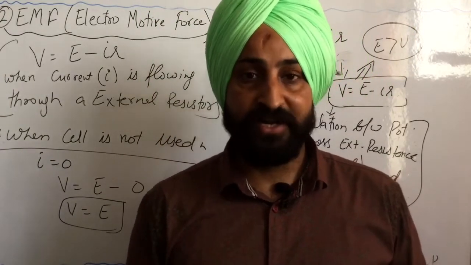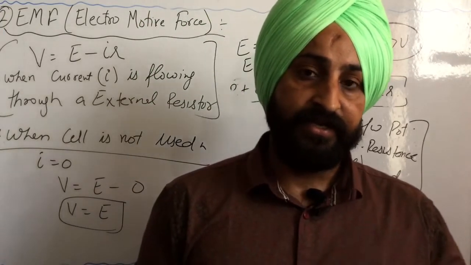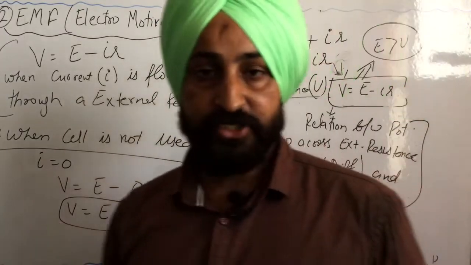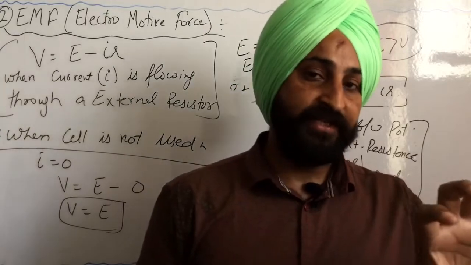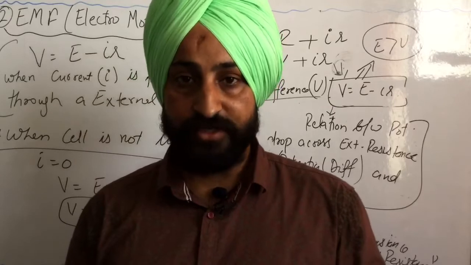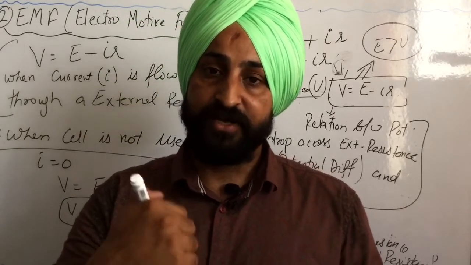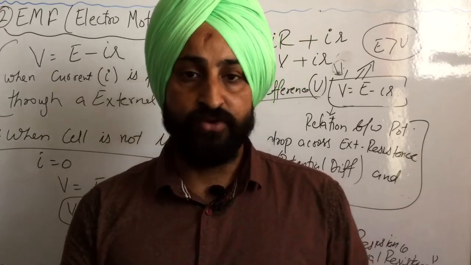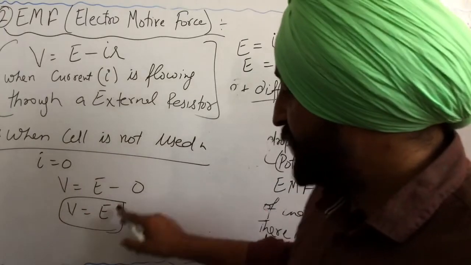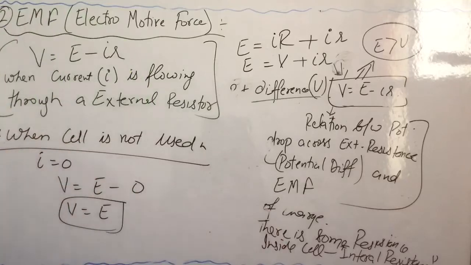There is no separate potential difference in this case because we have no external resistance and at the same time we have no flow of current. So our EMF is equal to potential difference of the cell. So when you bring a new cell from market, it is written on it that EMF of the cell is 9 volt. So you would say that its EMF is 9 volt, at the same time its electric potential is also 9 volt because still it is an unused cell. So we would call V is equal to E when cell is not used.